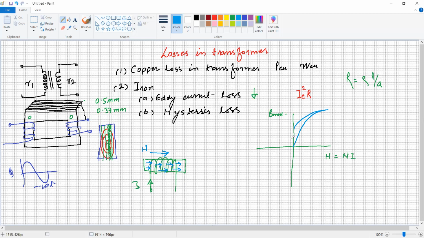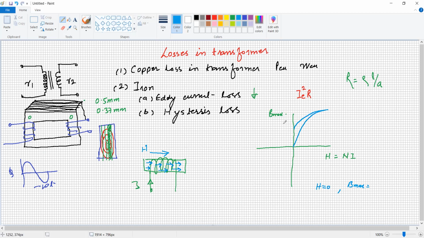So in this condition, even when the magnetic field strength becomes zero, there is some magnetic flux present in the magnetic material, which is called residual magnetism. This is the property of magnetic material. The difference is that as soon as we switch off the supply, the current in an electrical circuit becomes zero, whereas if you remove the MMF, some of the magnetic flux remains present in the magnetic material, and it is called residual magnetism.